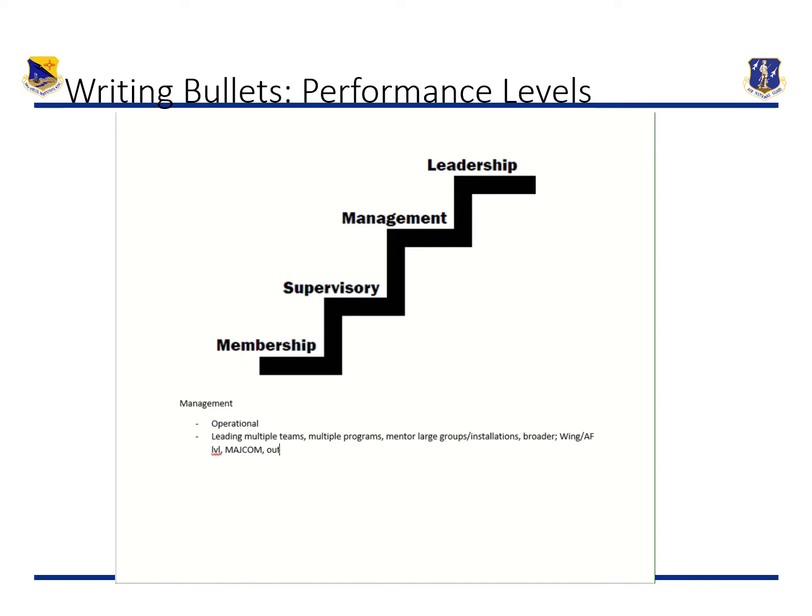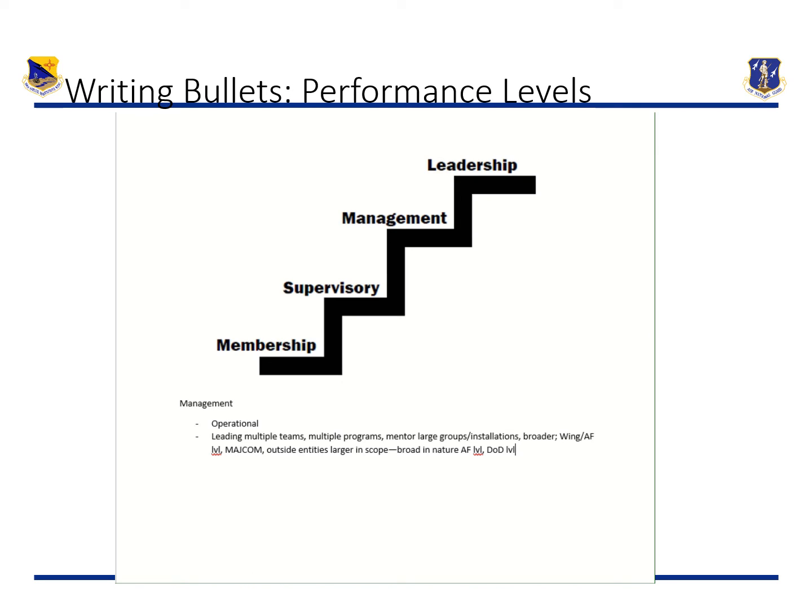Or if we're looking at outside entities, larger in scope. So in this case, if I were to use, for example, Habitat for Humanity, I would definitely have this person leading teams for Habitat for Humanity and managing geographical areas for Habitat for Humanity as an example. And the results that we'll see from these people are broad in nature. We're talking things that you may not even see the result until maybe 3 or 4 years. We're going to see results that are definitely Air Force level, maybe DoD level. And so sometimes these are really hard to capture.